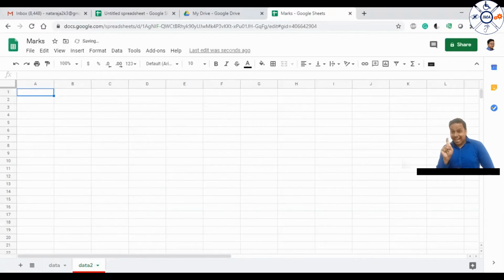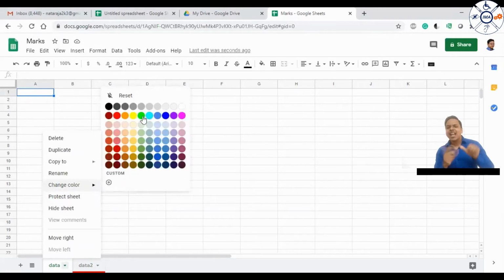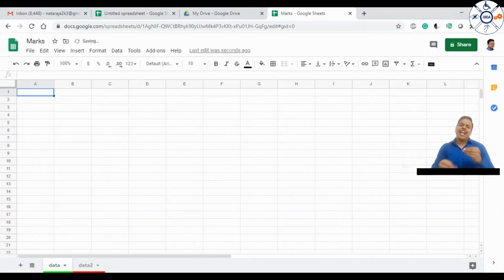Say data 2 as red and data as green. Imagine if we have multiple sheets here, it becomes very easy for a user to pick based on the color.